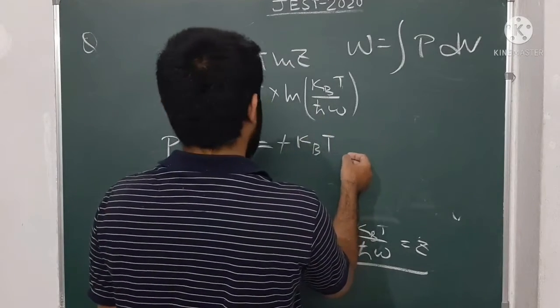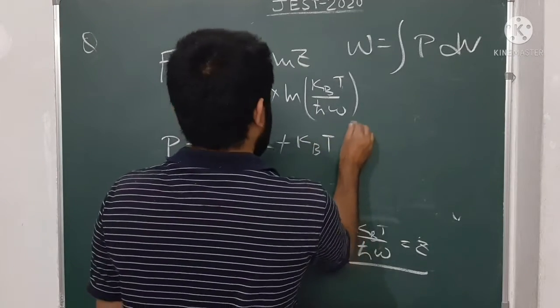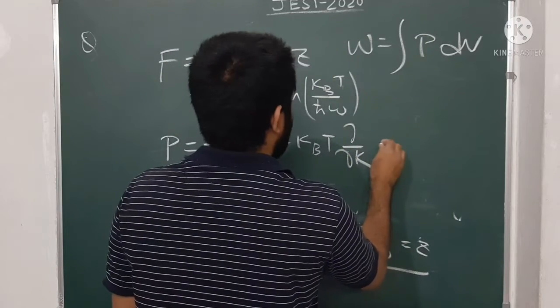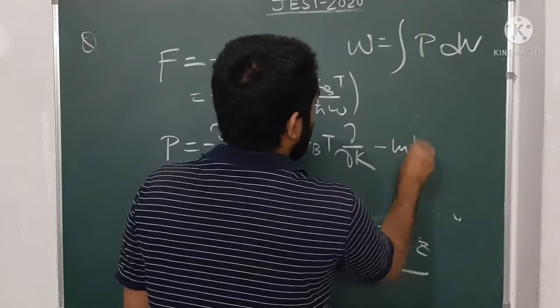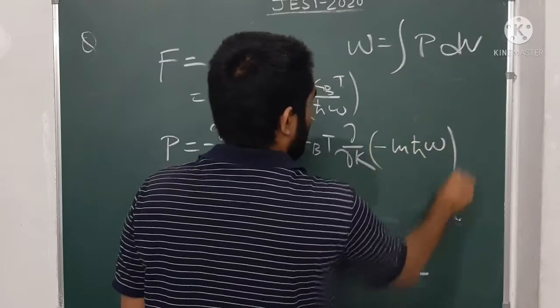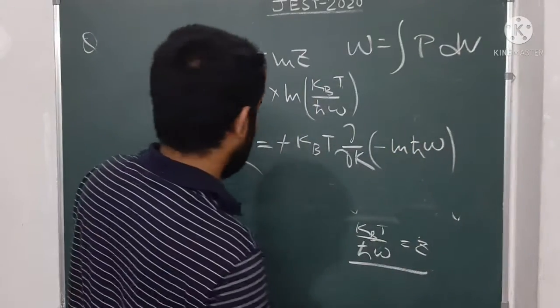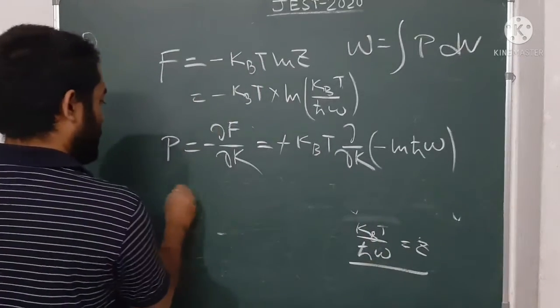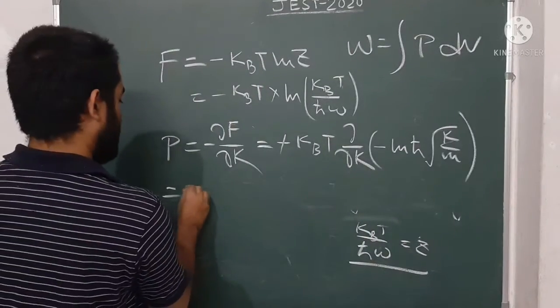So del k of minus ln h cut omega. Okay, so minus